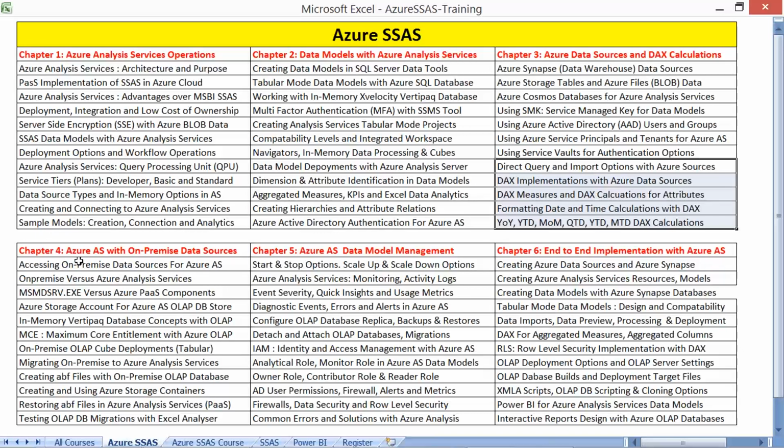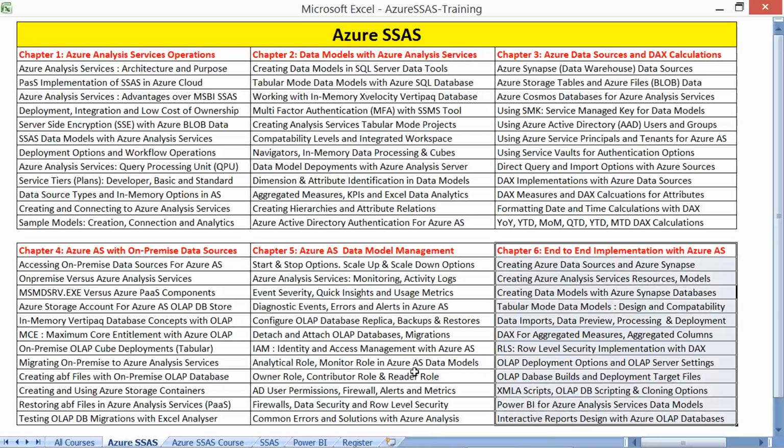Azure Analysis does not support multidimensional, it supports only tabular mode. So we need to focus completely on the tabular mode aspects. And more interestingly, on-premise data sources with Azure Analysis, working with in-memory, MCE, maximum core entitlement, and additional activities on MFA, multi-factor authentication, identity access management and data model management, and finally